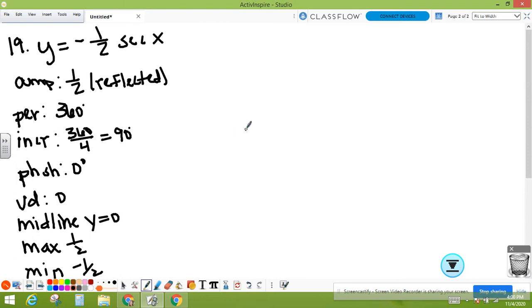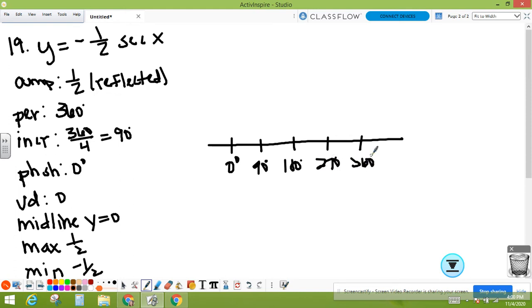Okay, so here's my x-axis. We start with the 0. And we have 1, 2, 3, 4 more. We're counting by 90. Okay, pretend like those are all legible numbers. All right, so the y-axis goes through here, and we just need to go up to 1/2, down to negative 1/2. All right, so for your secant graph, remember that secant is the reciprocal of cosine, and